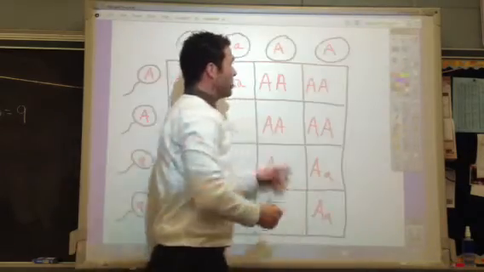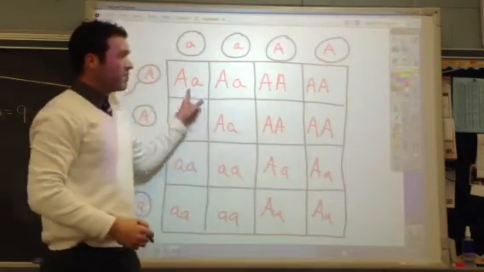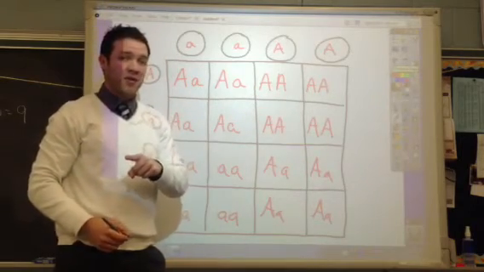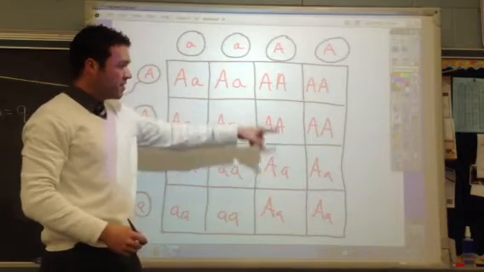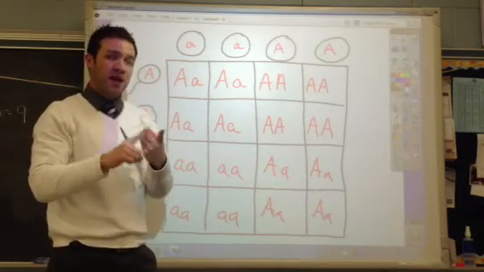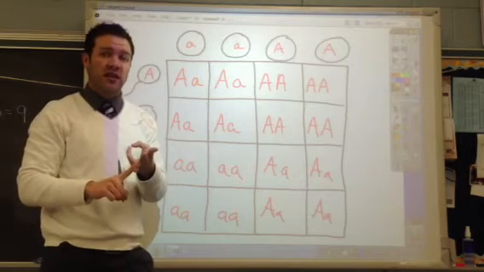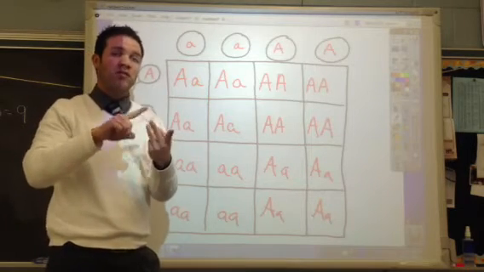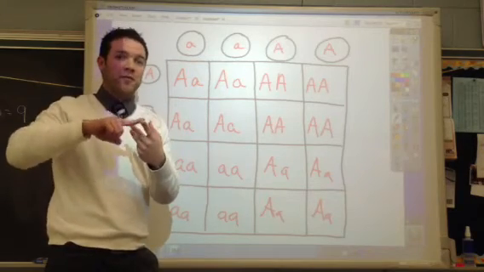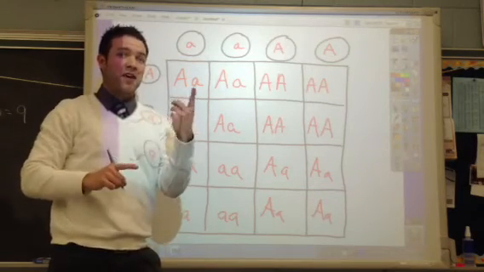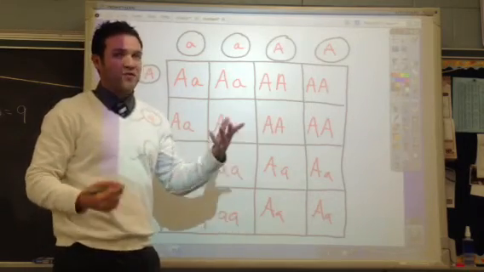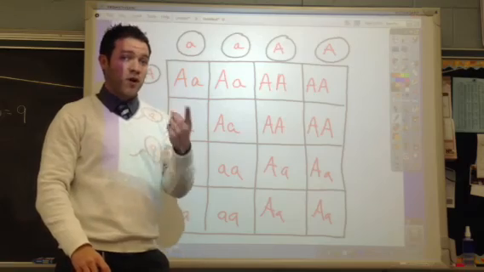If I go back and I actually look at this square, you're going to have 16. The ratio will still be the same. All right? I want you to look at these 16 squares and come up with a ratio for how many are big A, big A, how many are big A, little a, how many are little a, little a, and see if it still fits a 1 to 2 to 1 ratio. It may not be 1 to 2 to 1, it will be something that is a multiplier of that. It may be 2 to 4 to 2, something like that, but since it's 16 squares, it's most likely going to be 4 to 8